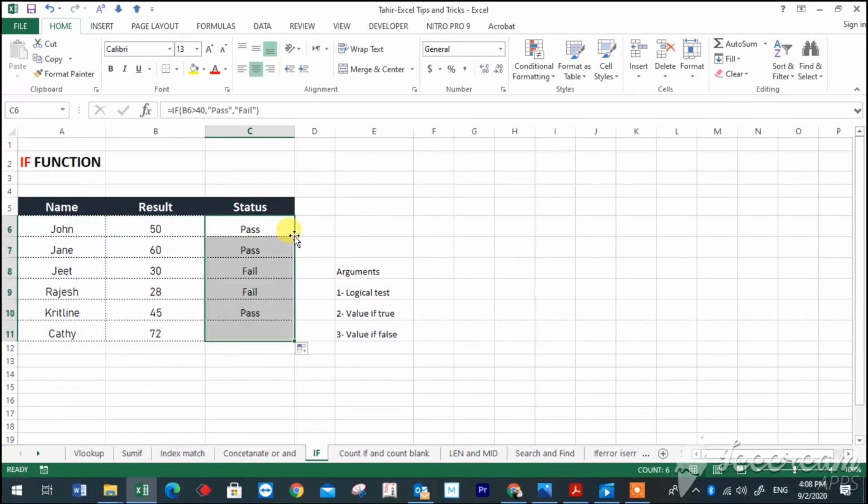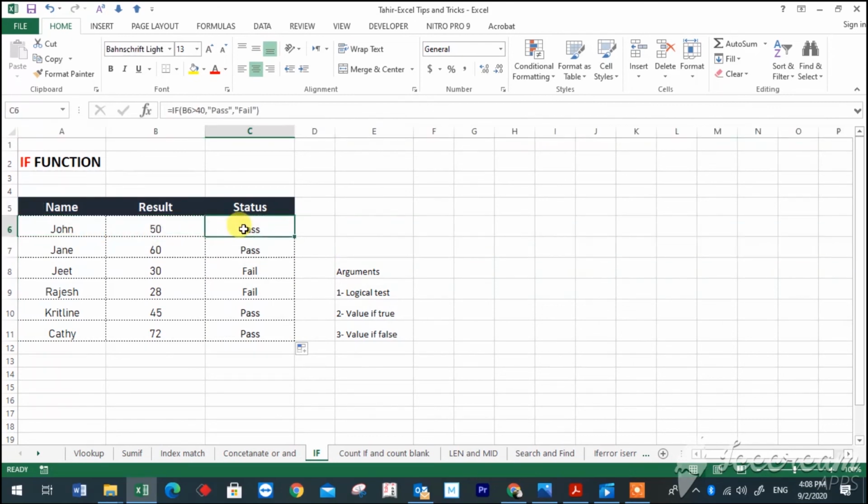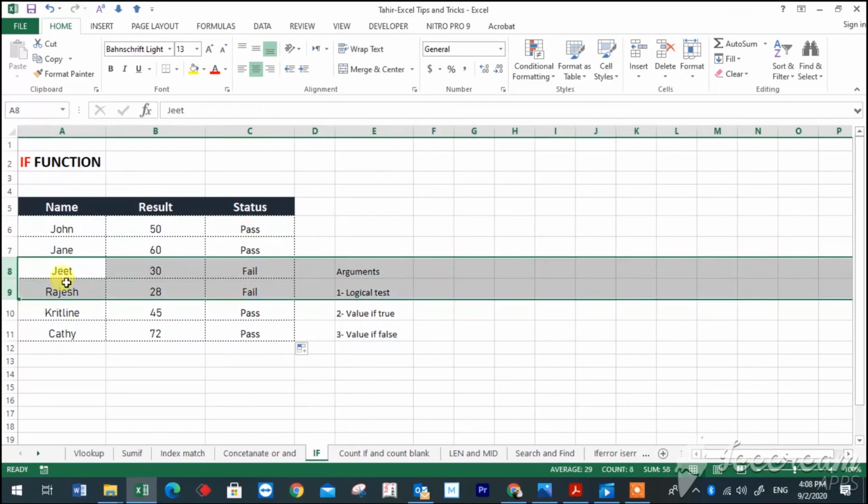So drag down the formula, double click here. Now you see, for all the values which are more than 40, the formula has returned pass, and the values which are less than 40,